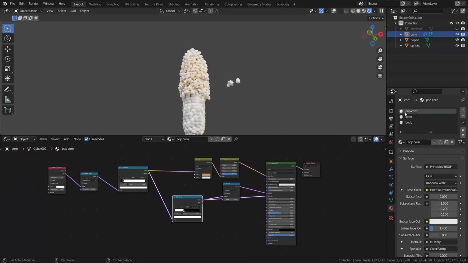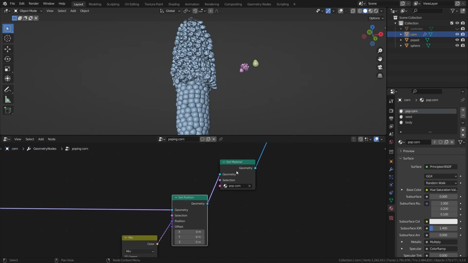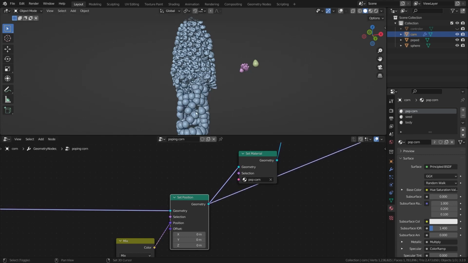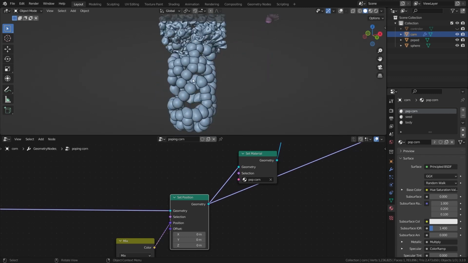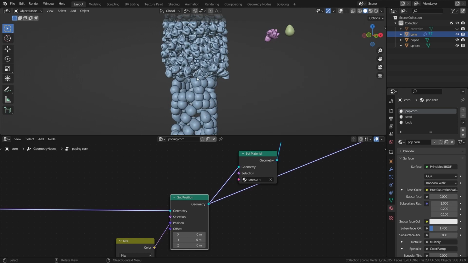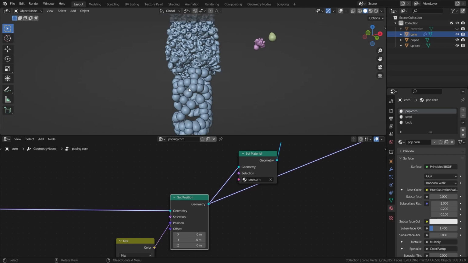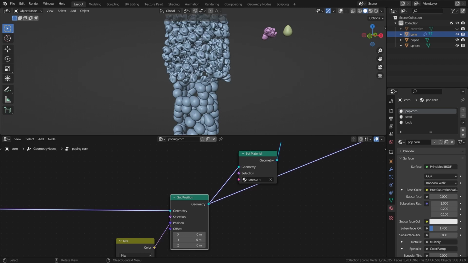Then in the popcorn material, if you go to the geometry nodes, after the set position node, we added the popcorn material. So all the geometry that's coming from the set position node will have the popcorn material. So if you preview this, we not only have the popcorn here, we also have the seed here. So what I want to do is create a gradient in between there so that we can give another material, another BSDF here for these ones, and give them just a simple shader, not the complex popcorn